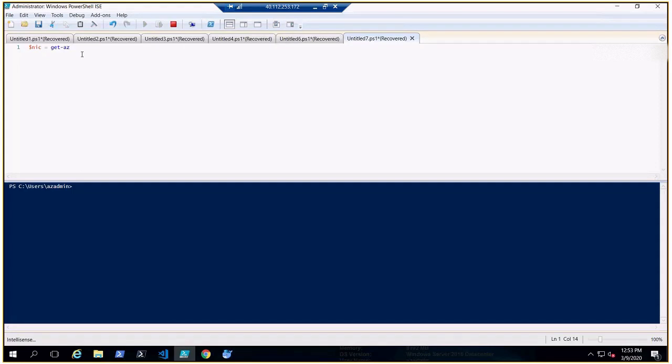Network interface, okay, cool. Resource group, ARG, name, that's the name. So this will help me to get the information of my network interface, which is connected to